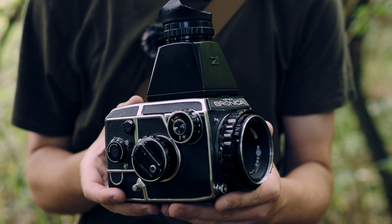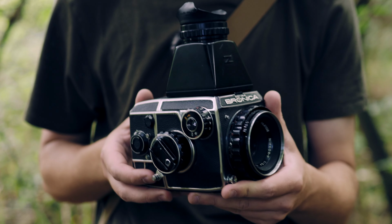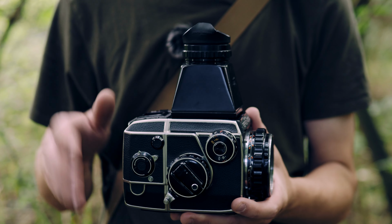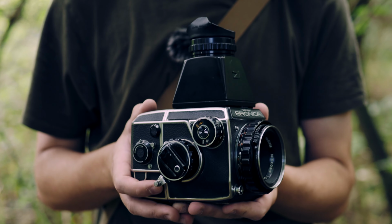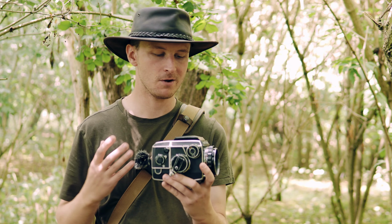So I just thought I'd show you what the camera looks like with the chimney finder on, and that's the only other accessory that I have for this camera at the moment. I've got 2 film backs, this chimney finder, along with the waist level finder, and then just the standard 75mm f2.8 lens. Now the first thing I done when I got this camera was give it a really good clean,